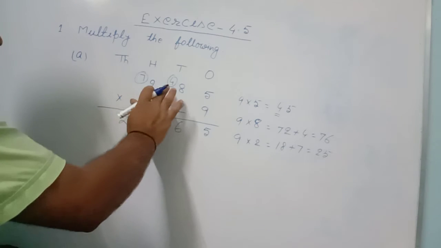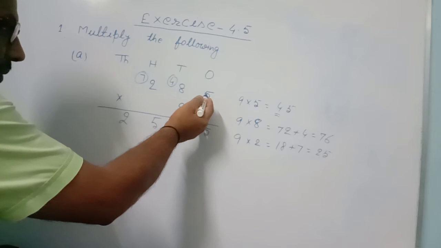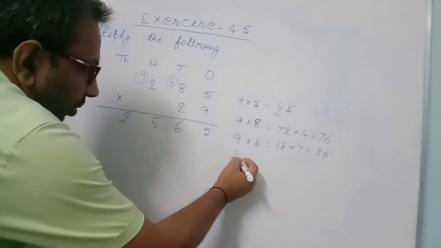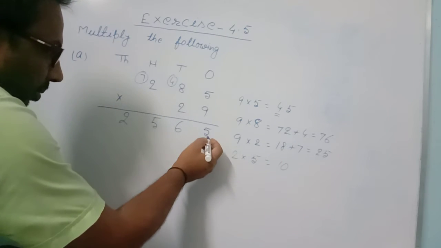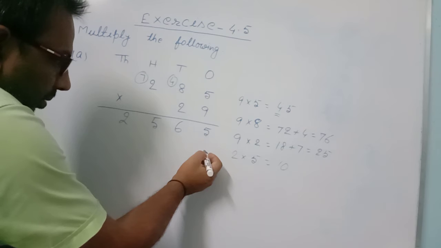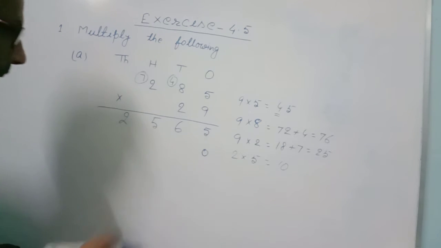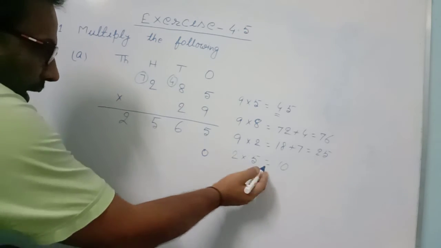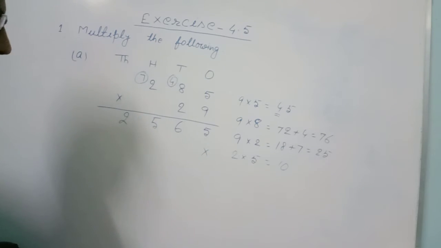Now here we will multiply again 1 by 1 this 5, 8, 2 by 2. So we are getting 2 into 5 equal to 10. Leaving one digit, here we will keep 0. Or you can keep cross also. So 2 5s are 10. We keep cross, that is better. Cross. 2 5s are 10.